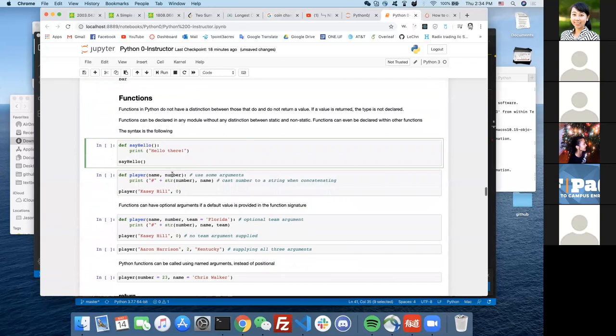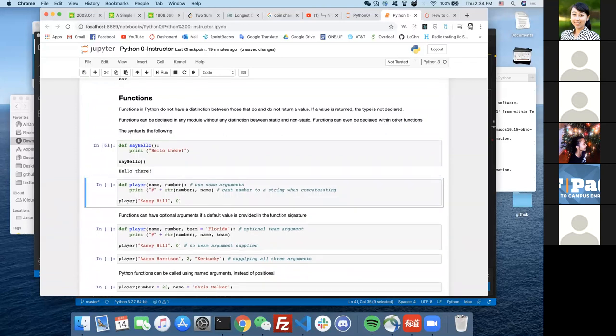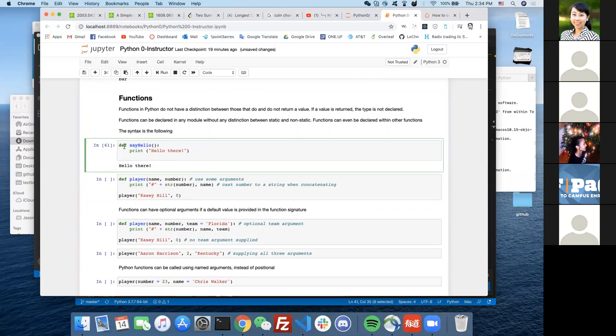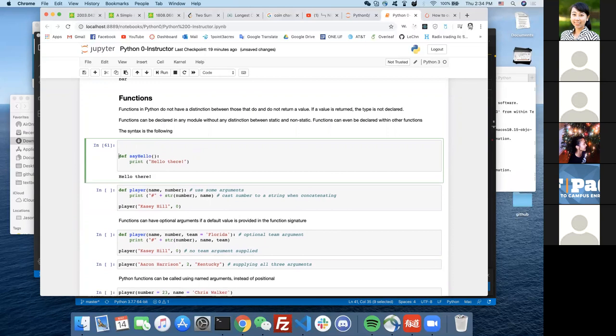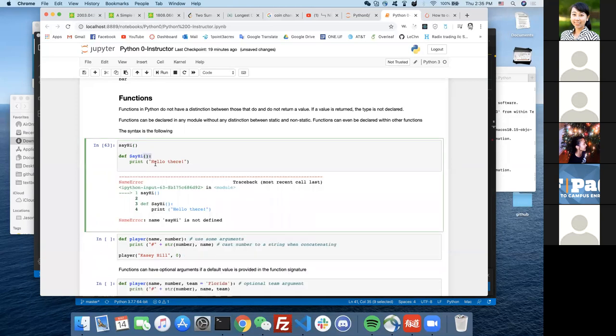Okay, so for functions, it needs to be defined before the line where you invoke it. Python goes line by line, so it wouldn't know what's happening later. Okay, because I defined it earlier. Let's say we change the name, say hi. It wouldn't be defined. All right, so you need to make sure. So what usually people do is